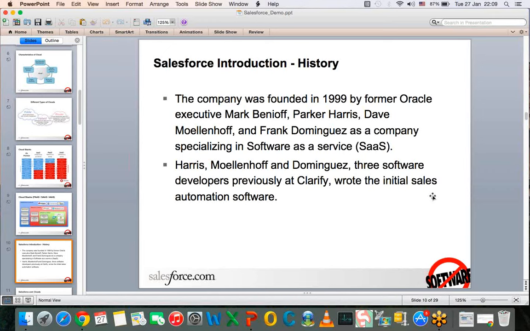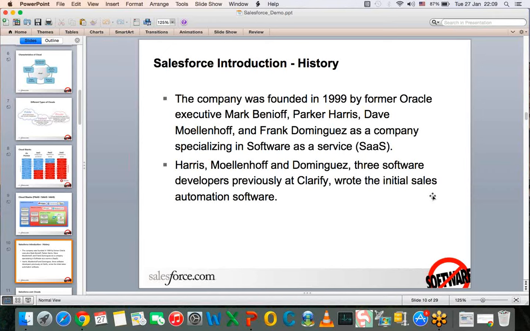Clarify is another automation software which was used in many call centers back in the '90s. Even now Clarify is available, but only to very limited customers. So they built this initial sales application, and